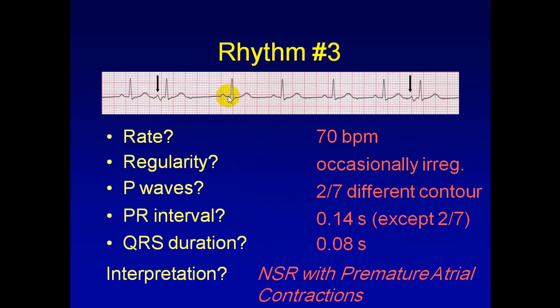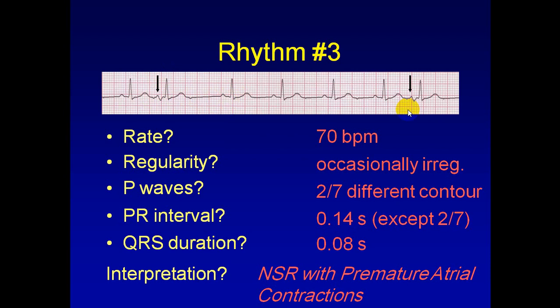We know this beat and this beat are normal sinus. We don't expect an ectopic beat there, but it's coming, so it is premature. The P wave is different, so it did not originate in the SA node, it originated in the atria. But the path down is normal because the QRS complex is normal. So it's ectopic, originated in the atria, not in the sinus, comes prematurely, and is followed by a short pause called a compensatory pause before the next normal sinus beats. So this is what is called